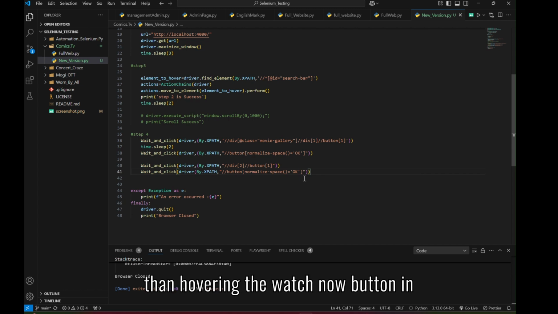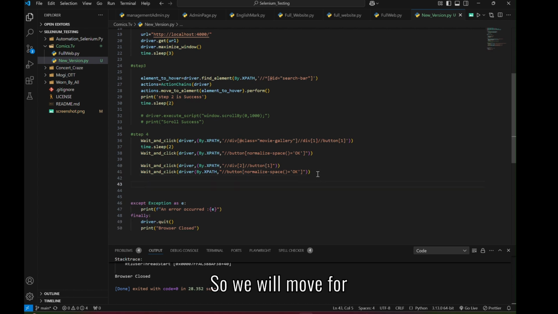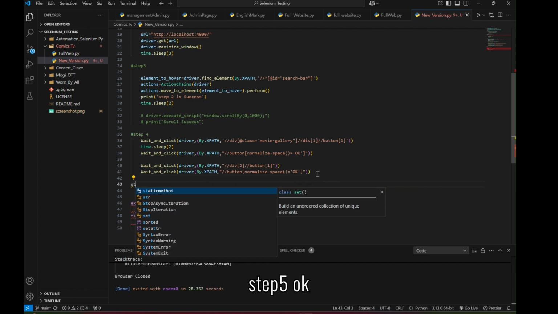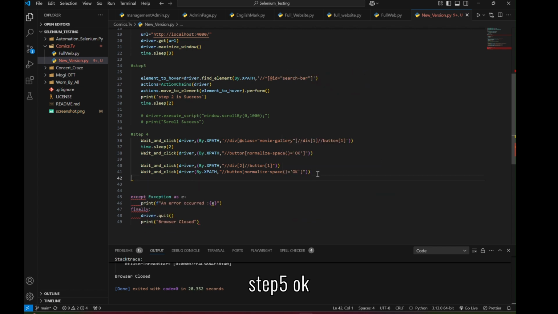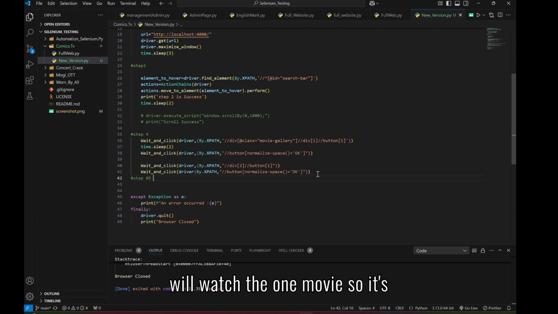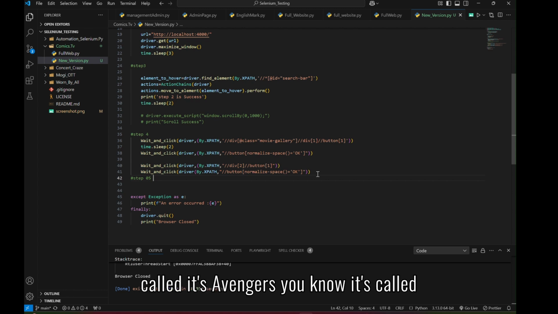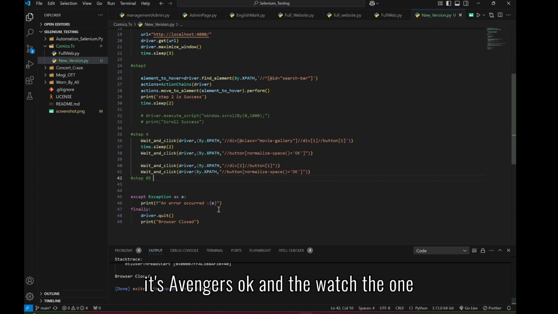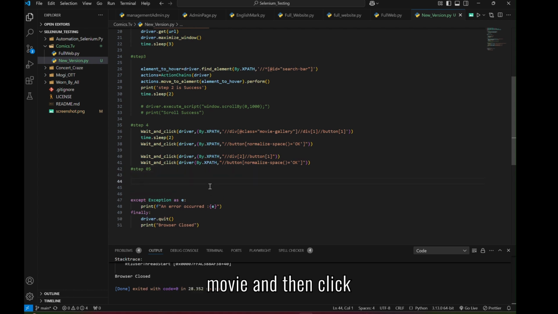Okay, and then hovering the watch now button in the particular steps. So we will move to step 5, and then comment step 5. And what is step 5? We will watch the one movie, it's Avengers. Okay, and then watch the one movie, and then click with the wait and click function,